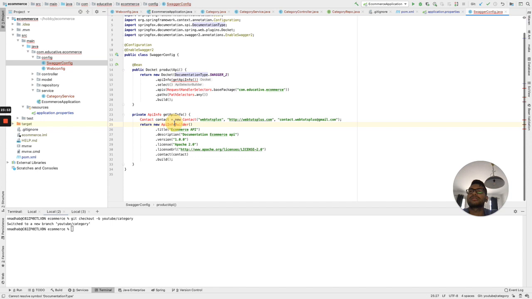Import the class, build all the dependencies.